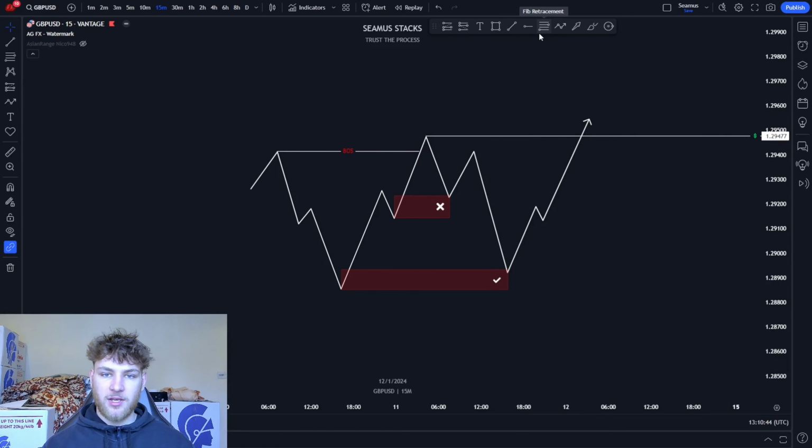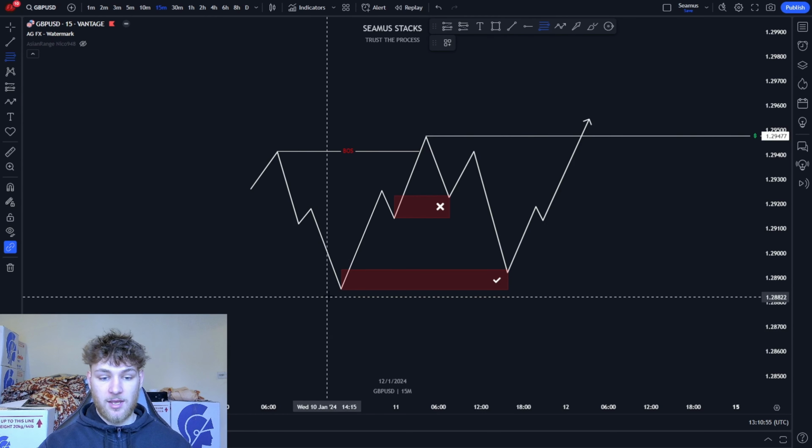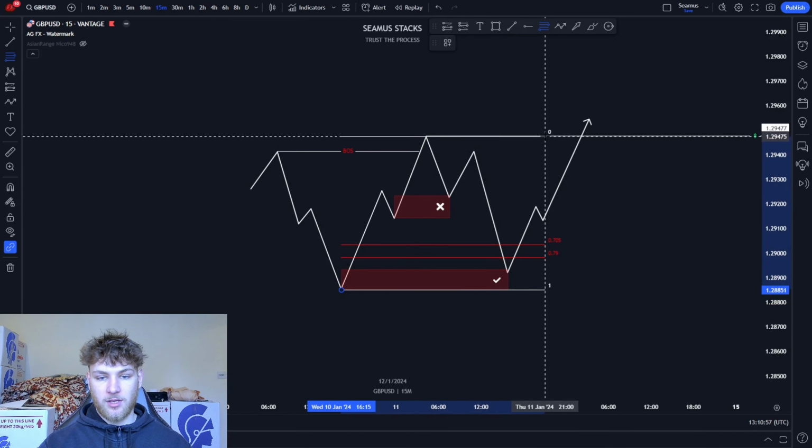Now, for buys, for longs, we want to be buying at a discounted area, okay? The banks want to get in at the best price possible. They want the cheapest price to then buy and continue their trades in profit. So when we look here, we can see that